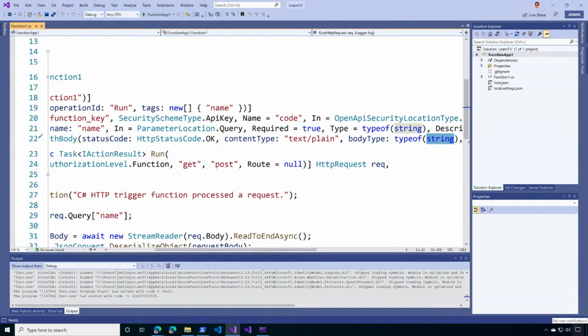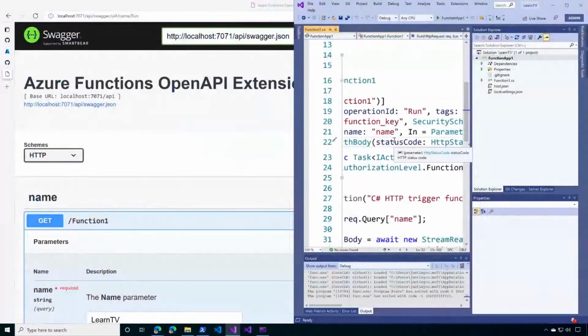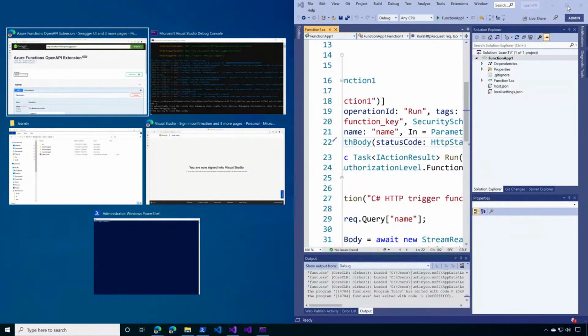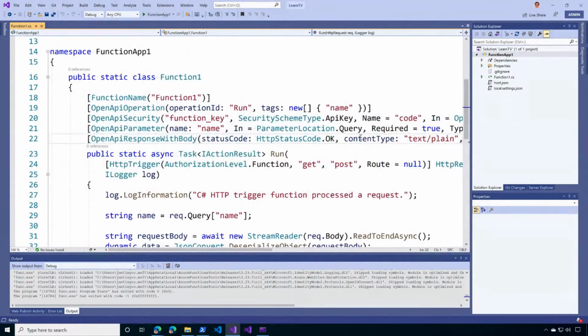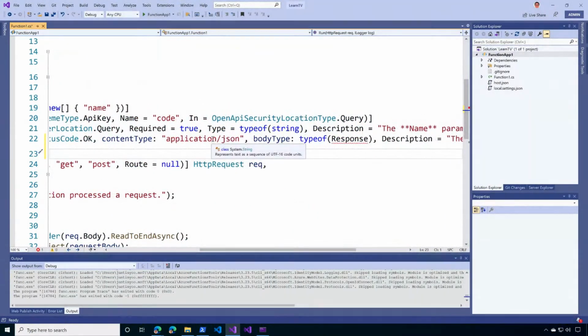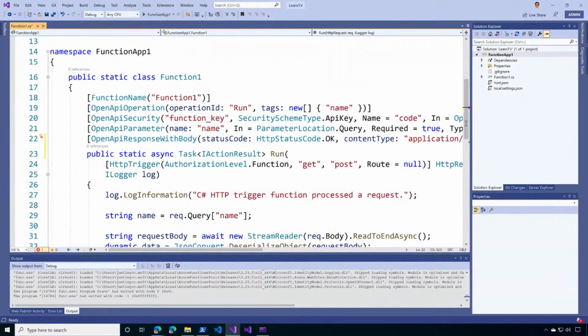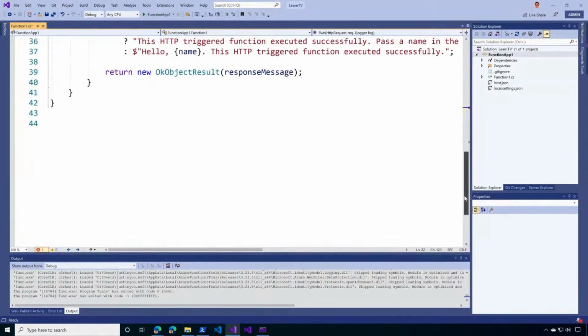So we can change this into something more useful. So I'm going to change this line into a different one. And it says the application, its return type is application JSON, and the return type is a response object. But I haven't got the response object yet, so I'm going to create this response object here